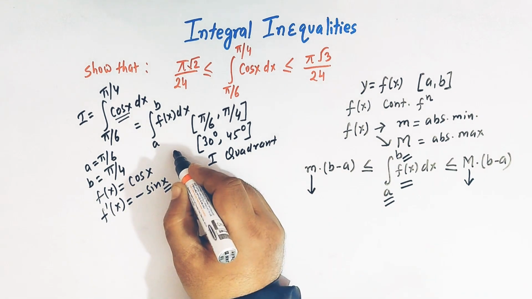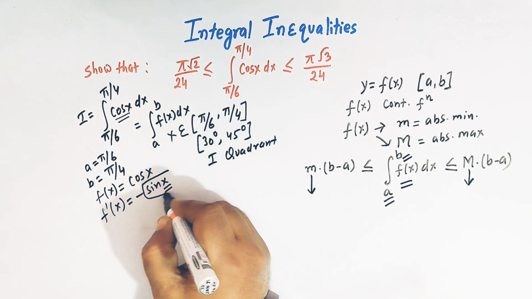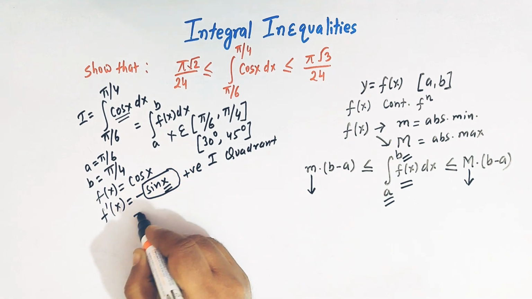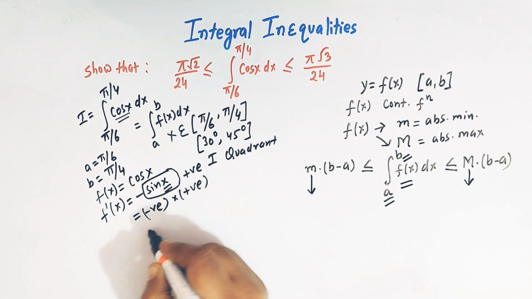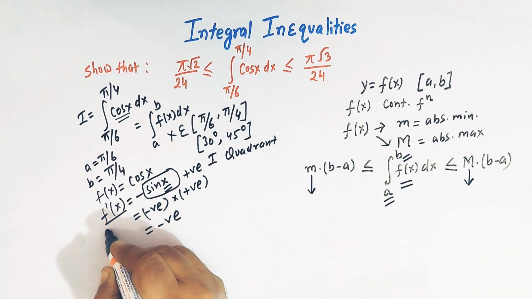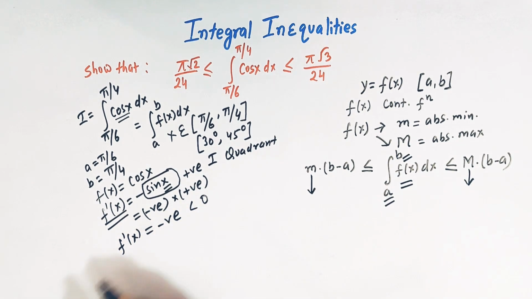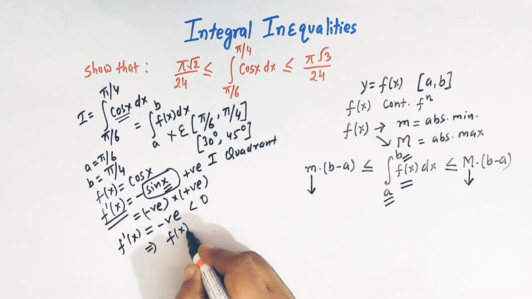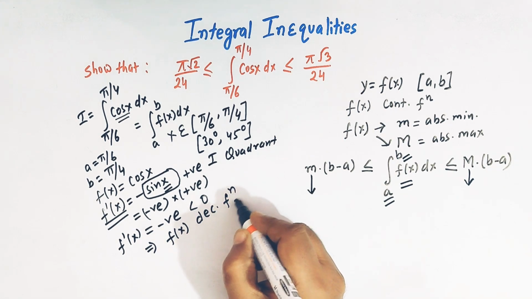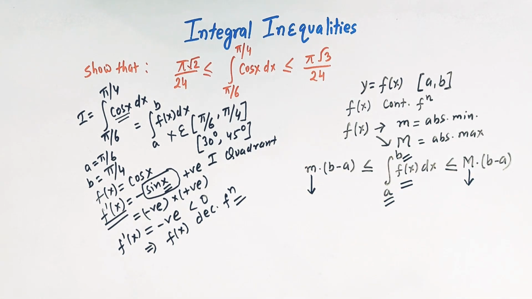तो अब देखिए ये जो x है यहाँ पर, ये x जो होगा वो इस इंटरवल में होगा, यानी कि फर्स्ट क्वाड्रेंट में होगा। और फर्स्ट क्वाड्रेंट में sin x की वैल्यू जो होगी वो पॉजिटिव होगी, राइट। लेकिन यहाँ हमारे पास एक नेगेटिव साइन है, तो नेगेटिव को अगर हम मल्टीप्लाई करेंगे पॉजिटिव के साथ तो हमें नेगेटिव मिलेगा। तो इसका मतलब ये हुआ कि जो डेरिवेटिव है वो हमारे पास less than zero है, राइट। तो f prime of x is less than zero। तो इसका मतलब ये हुआ कि जो f of x है वो एक डिक्रीजिंग फंक्शन होगा। तो ये एक बहुत इंपॉर्टेंट बात है स्मॉल m और कैपिटल M को फाइंड आउट करने के लिए।